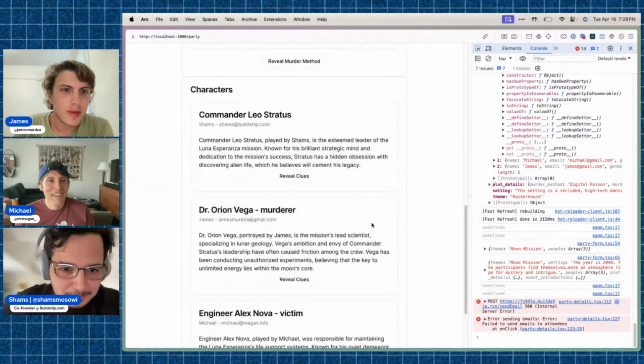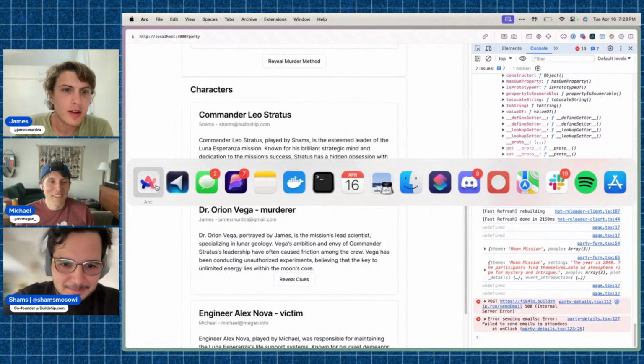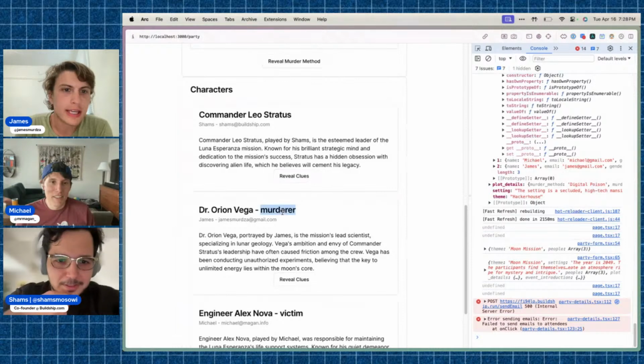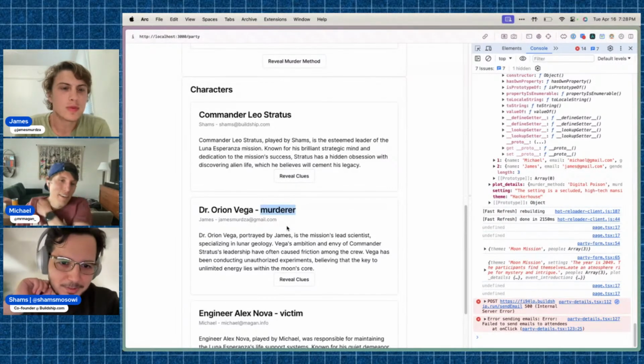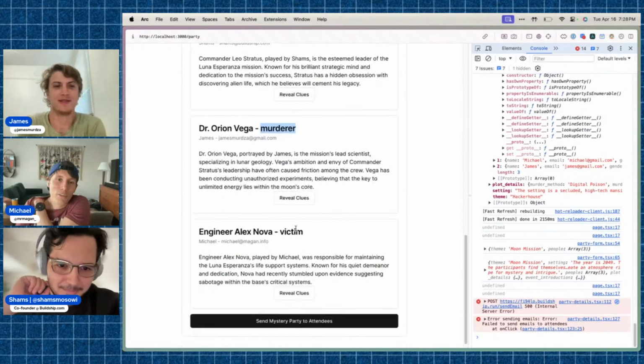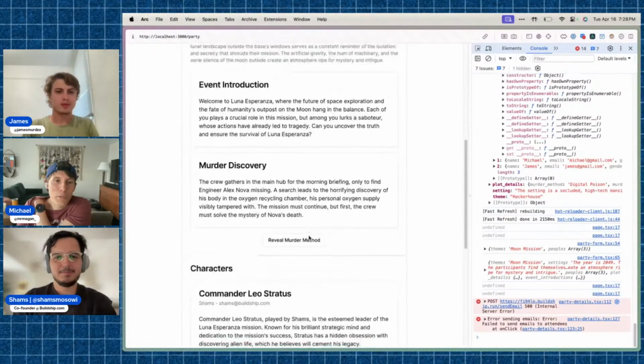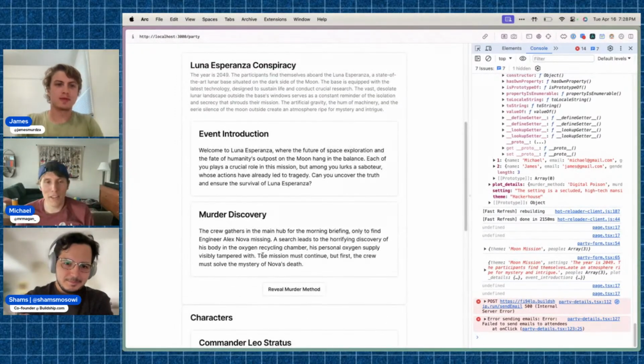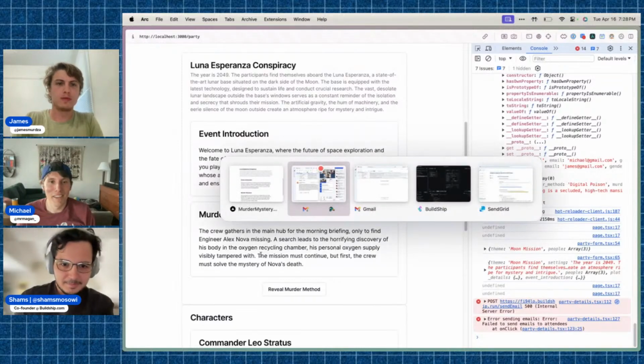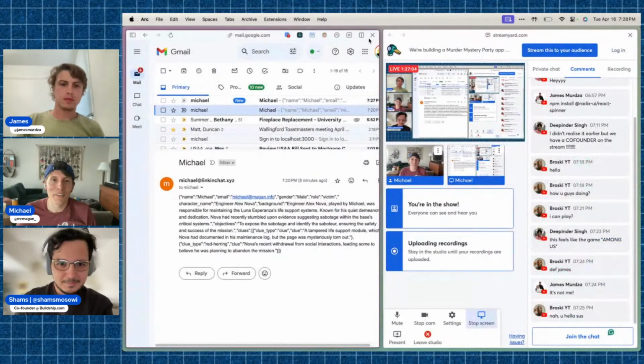There you go. Oh, how did you reveal that? You just clicked reveal. It shows it there. We need to fix it. I just kind of hacked this together with the output. Also, the prompt just needs a lot of work. It's not a very good prompt at the moment.